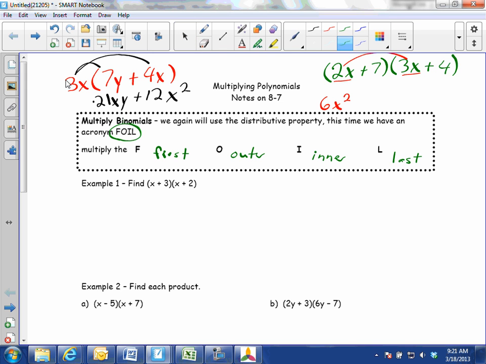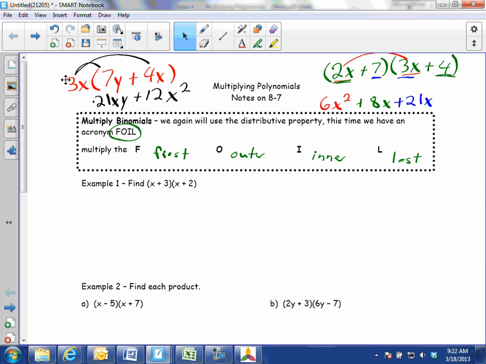Now, outer, if I'm looking at groups as a whole, the outers will be on the outside, meaning I'm going to take 2x times 4, the outers. So what's 2x times 4? Times 4, 8x. So we're going to have us 8x. Okay, inners would be the ones on the inside. So we're going to take 7 times 3x. Gives us